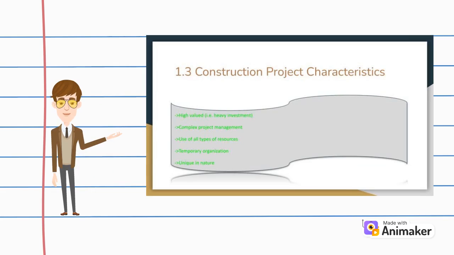Now let's talk about construction project characteristics. There are 5 major characteristics which are given in the slide. The first one is high valued, that is, heavy investment. Similarly, complex project management, use of all types of resources, temporary organization and unique in nature are also the project